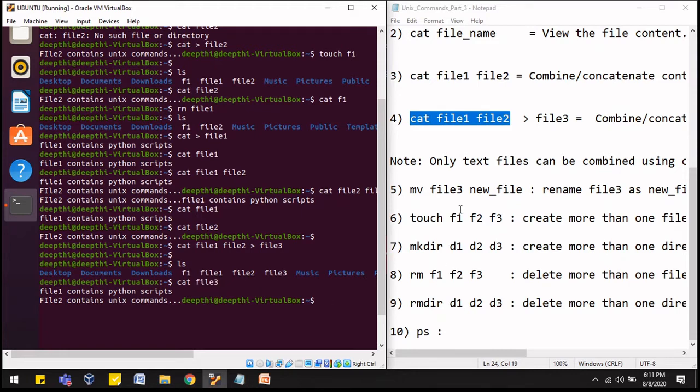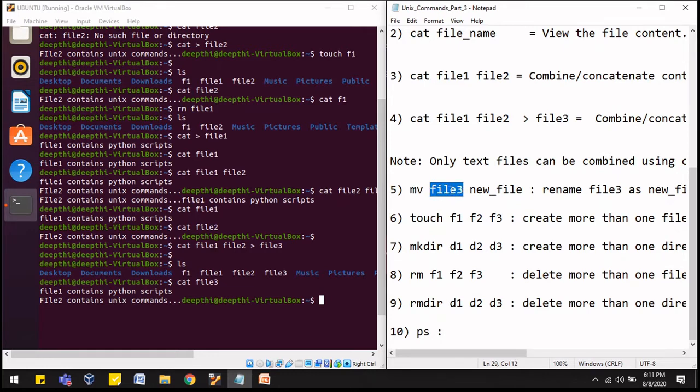After this, we have another command here, that is the move command. MOVE, short form is MV, right? And cat is the short form of concatenation, CAT, which is used to concatenate the contents of both the files. So here MV means we have a file, let's say file 3.